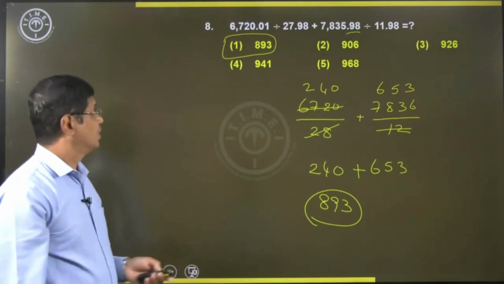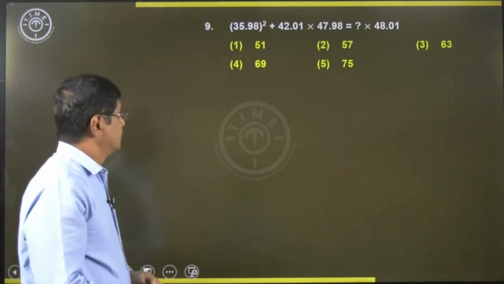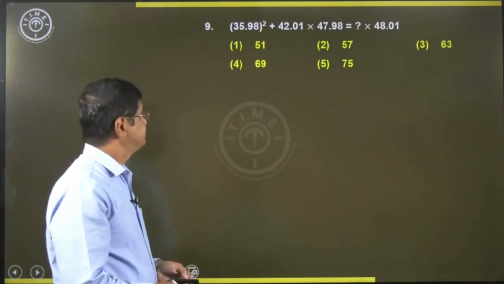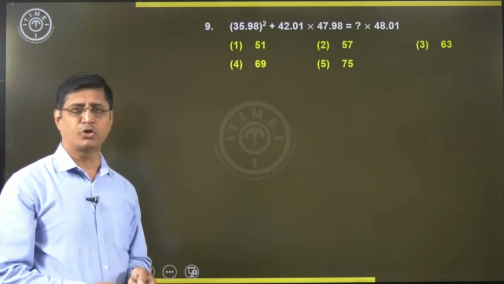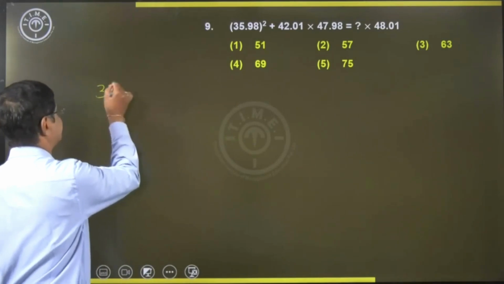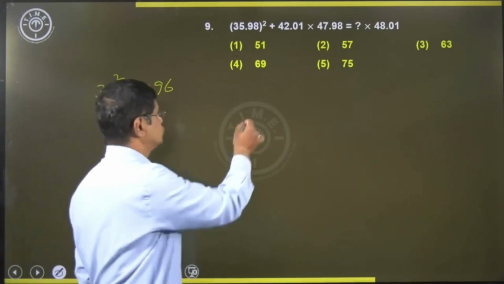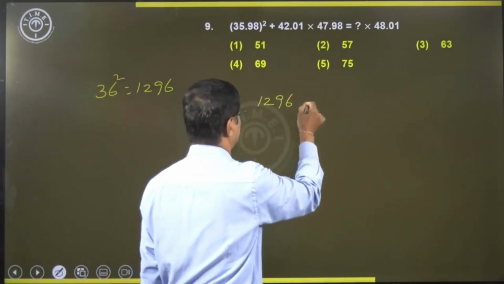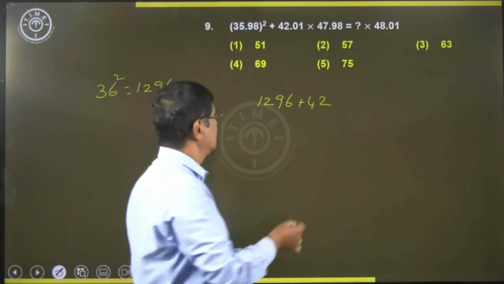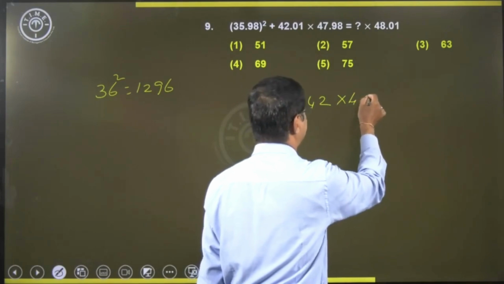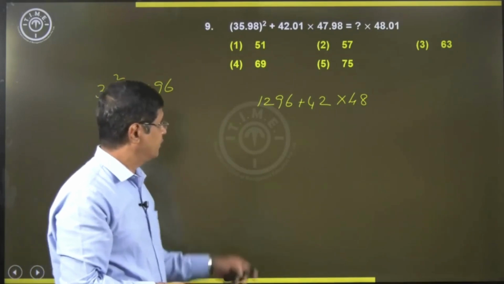Okay. Now question number 9. Just look at this one. 35.98, which is approximately 36. So 36 square, that is 1296. So 1296 plus 42.01, approximately 42, into 47.98, that is approximately 48. Okay. Then what next? Is equal to